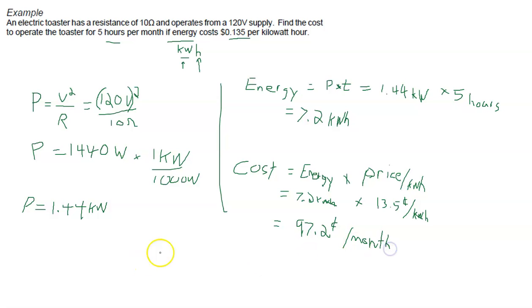All right? And so that's kind of reasonable. And if you want to write it in terms of dollars, it would be $0.972 per month. Okay, so